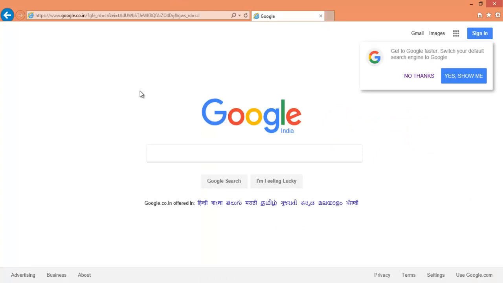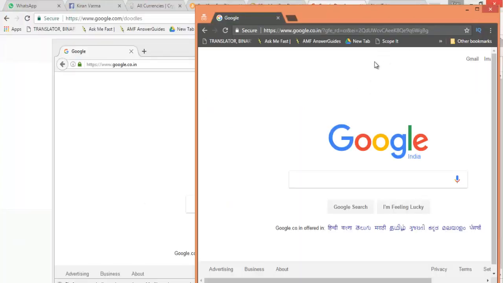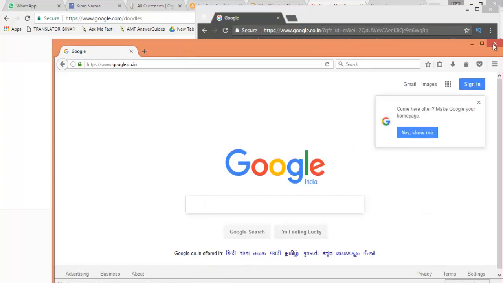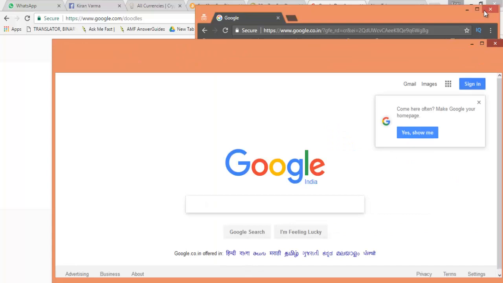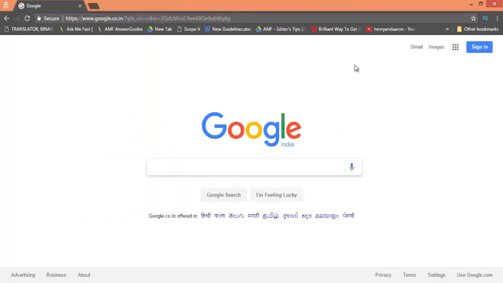And the thing is, I am running at the speed of 70 Mbps, and at the speed of 70 Mbps, Internet Explorer took 13 seconds, Firefox took 5, and Chrome took 3. So this is why I use, I mean, Chrome all the time. So this is how the things are done. So there you go. So these are the different types of browsers, and these are the basic standard browsers